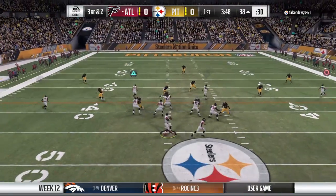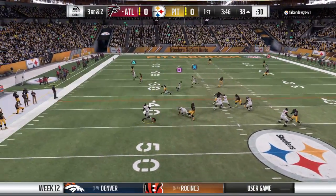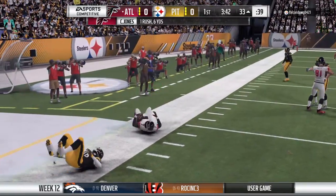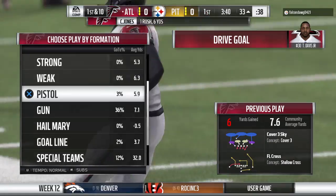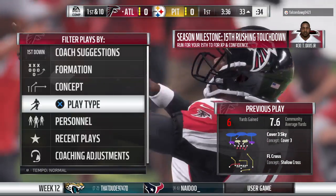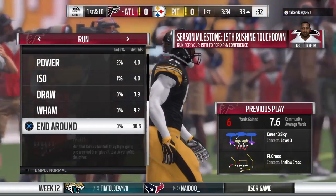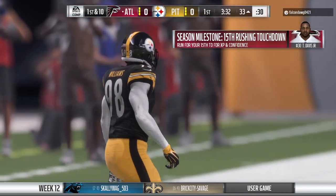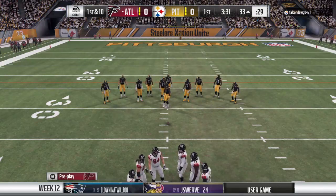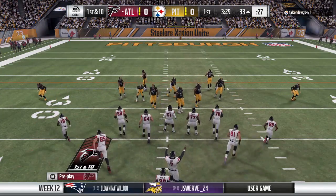you. On 3rd and 2, Jones forced out to his left. He can run for it, and he will. Maybe not exactly what they had in mind, but that scramble is good for 6 and a first down. Counting down toward the midway point in quarter 1. Here we